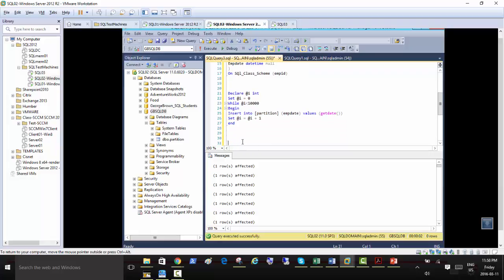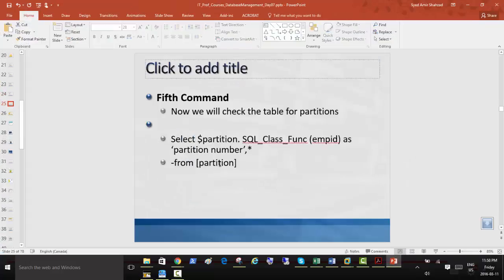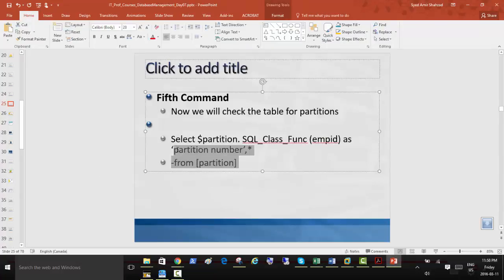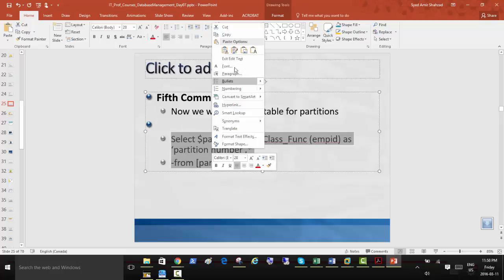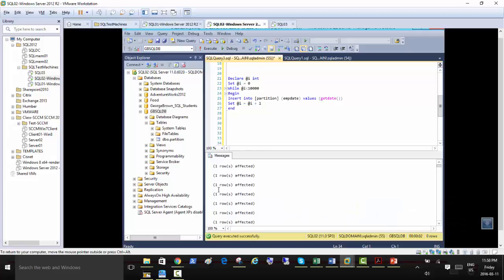We need to check if all the data has been included there and whether the data is divided into partitions or not. So we're going to run the next command for that, which is this. So I'm just going to grab that and copy there. Some errors showing there, so no space here.